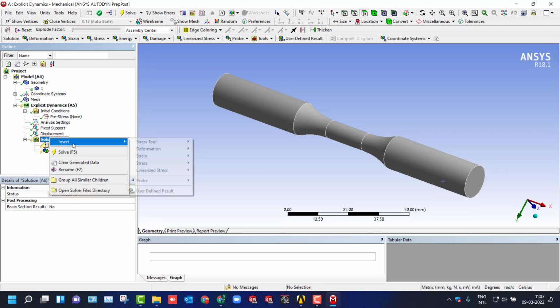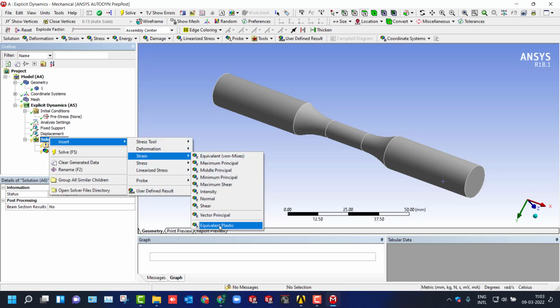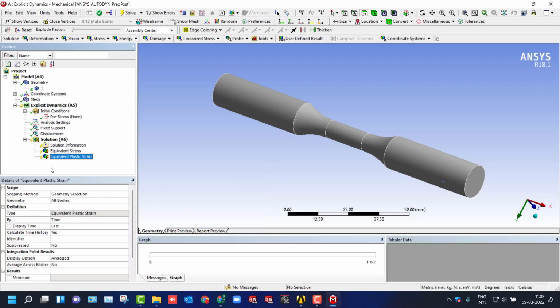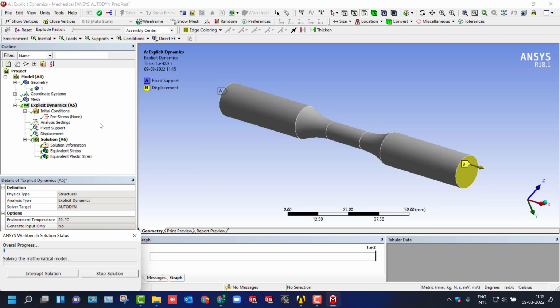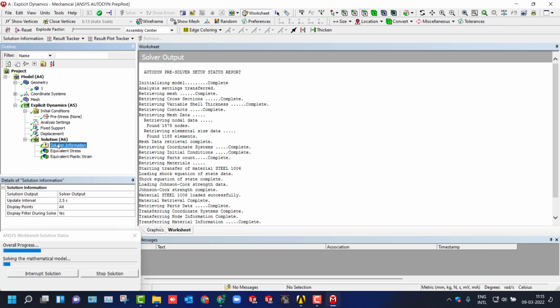I'll just activate the results by using solution tools. I need the plastic strain, equivalent stress, and if you want you can even activate the displacement. Once you're done with this, you just need to run the analysis. It will take a certain time to provide the results, because as this is a nonlinear analysis, the solver will take more time.